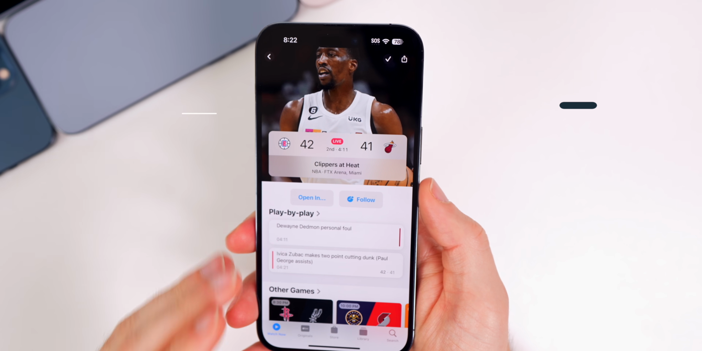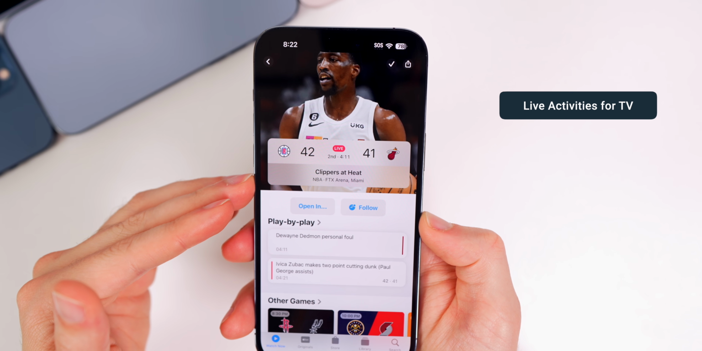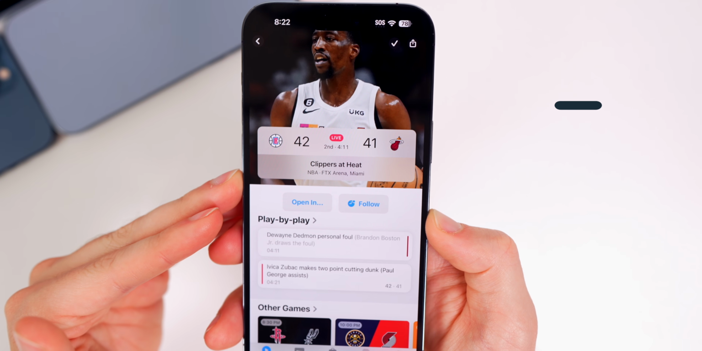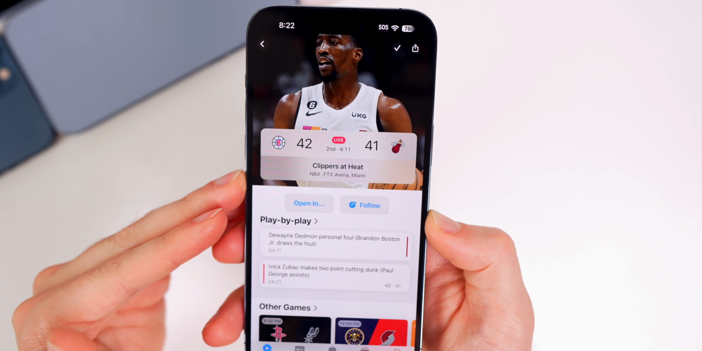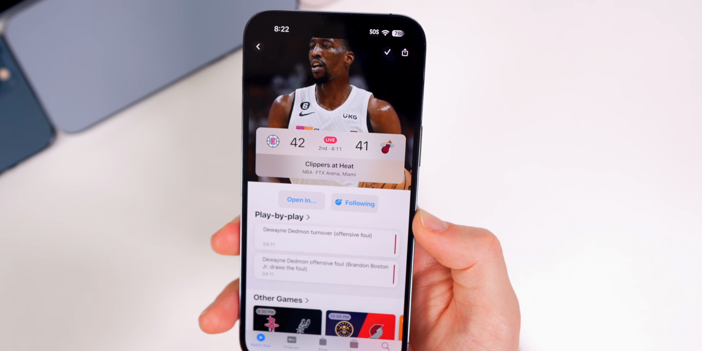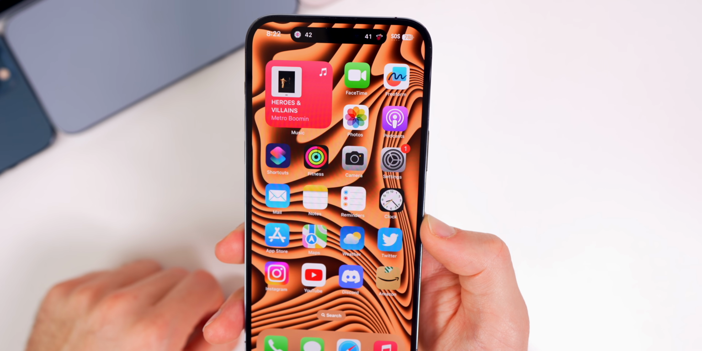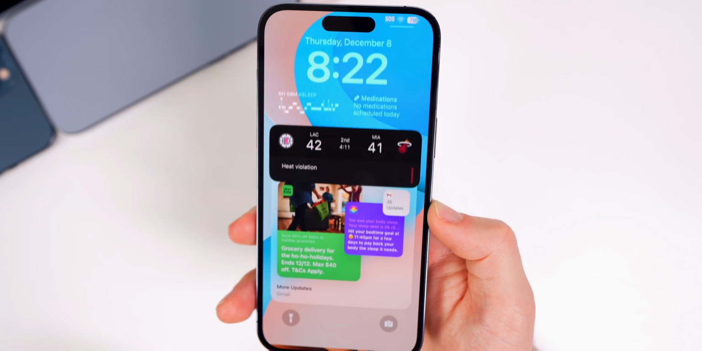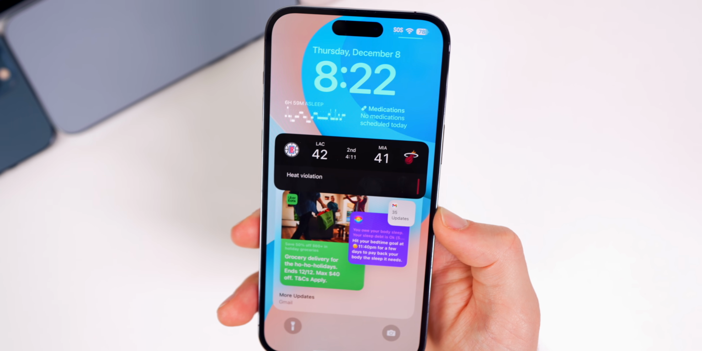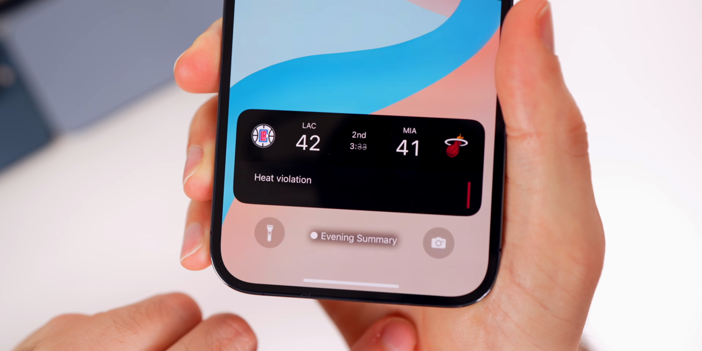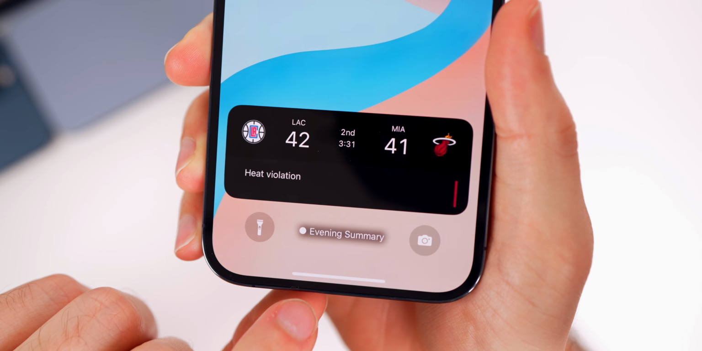This update also adds live activities to the TV application. So now if you go to a game in the TV application, like for example, I have the Heat game right here. If we simply tap on follow, you will see that up in the dynamic island for the 14 Pro series. And on all other devices, you will see that here on the lock screen. So now when you lock your phone, you'll still be able to keep an eye on the score of that